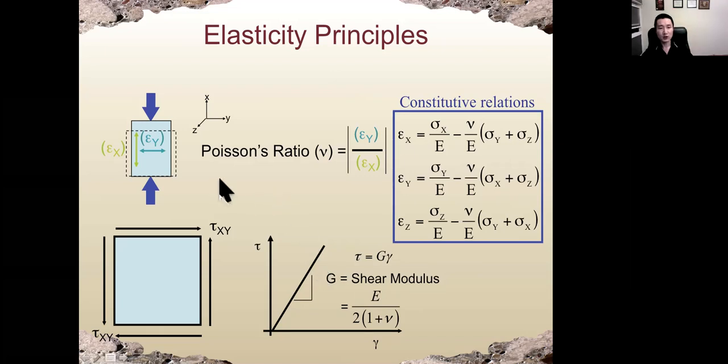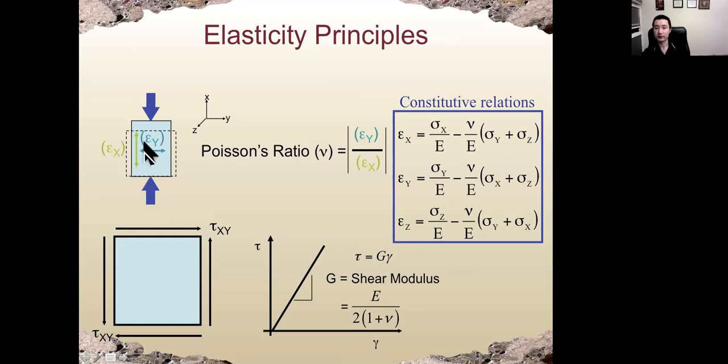Poisson's ratio, which we discussed in the last lecture, is equal to the absolute value of epsilon y, which is the strain in the y direction, the horizontal direction here, divided by the strain in the x direction. Keep in mind this is an absolute value because the strain could be positive or negative depending on whether it's